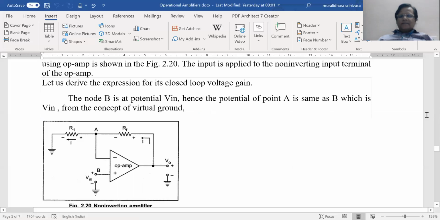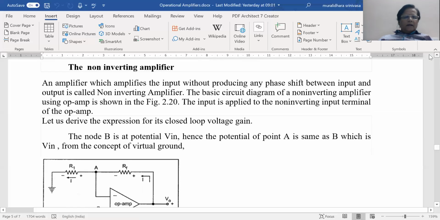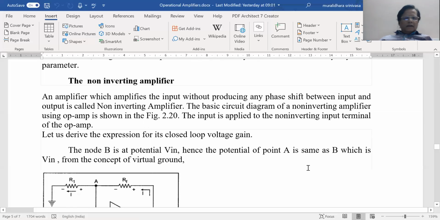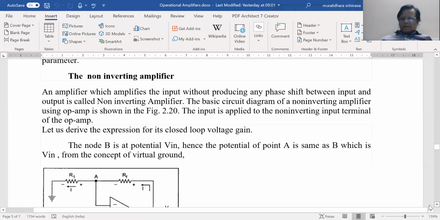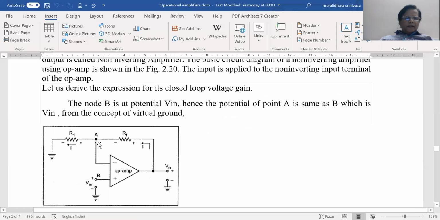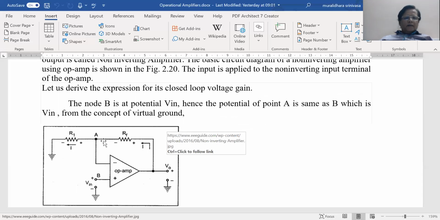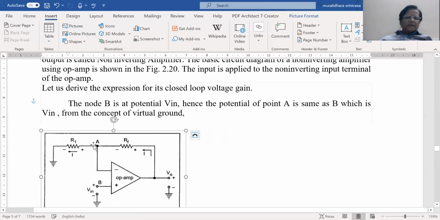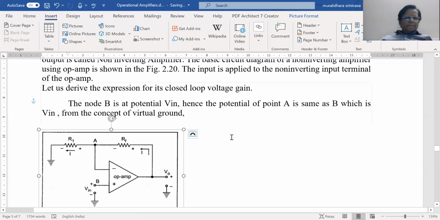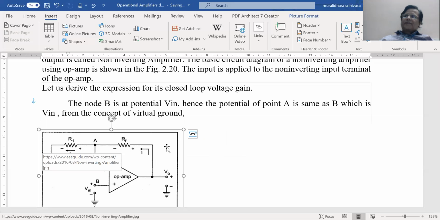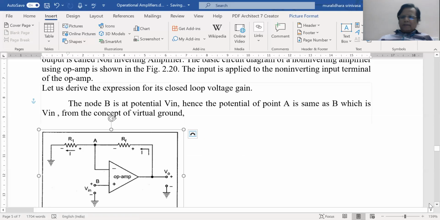So how do we analyze this circuit? We simply analyze this circuit by taking again the assumptions that the summing point, which I have marked as A here (I have deviated from the conventions), whichever name you call it by, is the virtual ground and it is always at 0 potential. So here, this is RF, this is Ri. As you know, RF by Ri sets the gain of the amplifier.